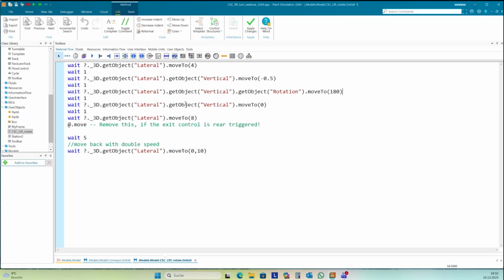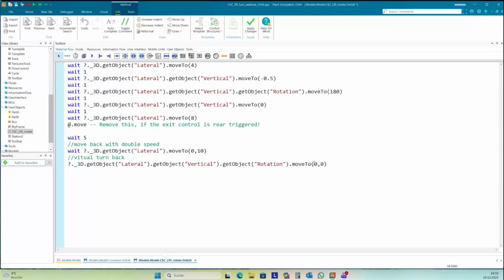And so I need to turn this cross-sliding car back, and it's for me just virtual. And I need this command here, but I move to 0 within 0 seconds.